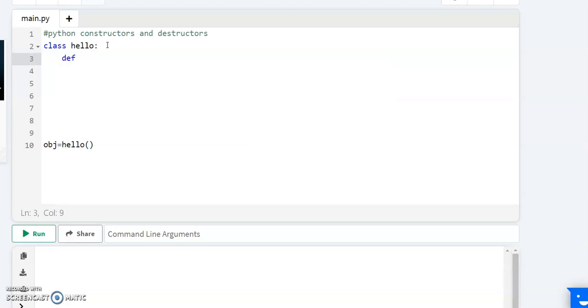After creating an object, you need to define the constructor. Define init self. Then self dot, before accessing members, you need to give some properties, that means you need to give data members.